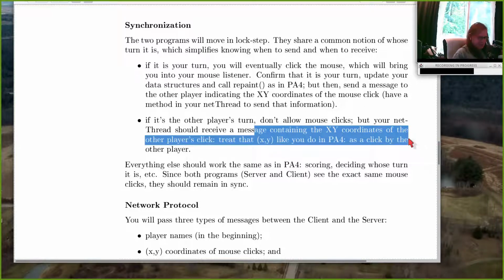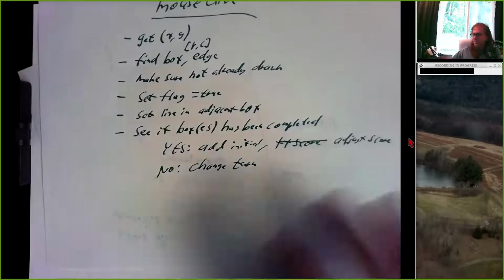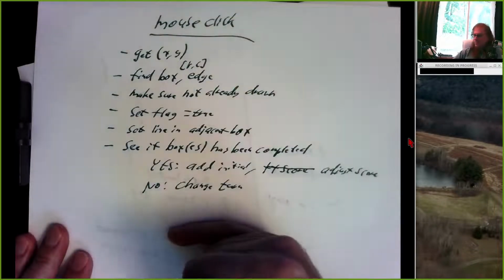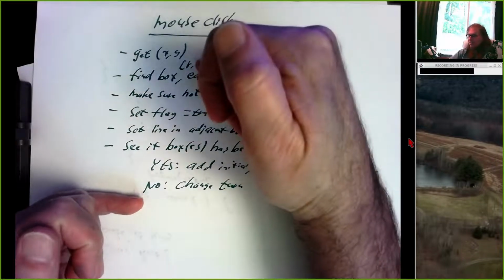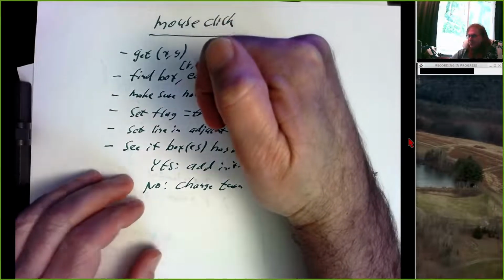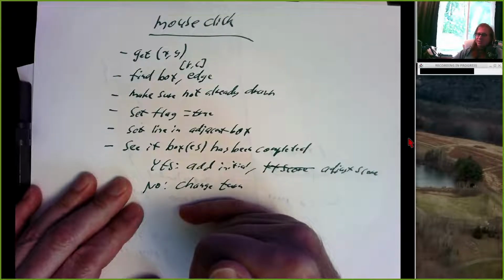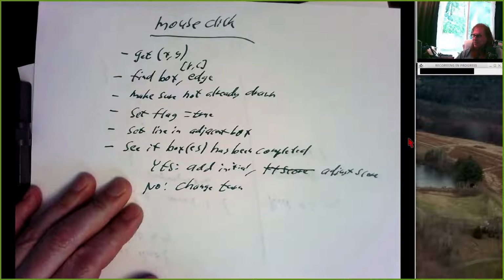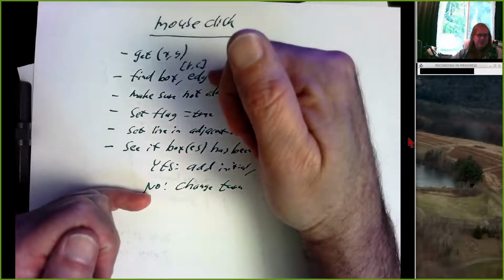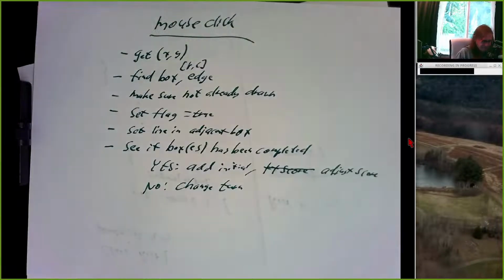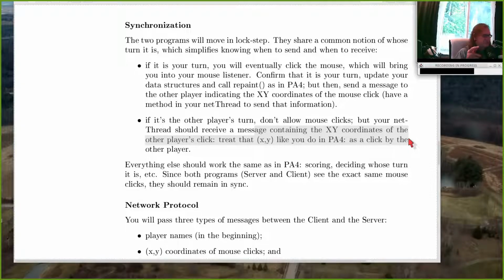there was this suggestion that in your mouse listener, you want to do all of these things, right? Throw all of this stuff in a separate method. For a mouse click, get the XY coordinates of the mouse click and then call this code with that XY. For the net thread, get the XY pair from the other player and then call all of this code with that XY pair. So it's really like 2 changes, 2 additions to PA4. But the details of those can be